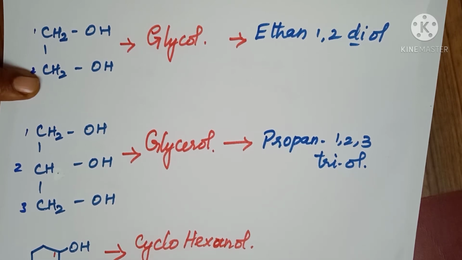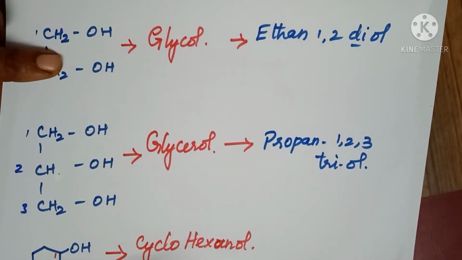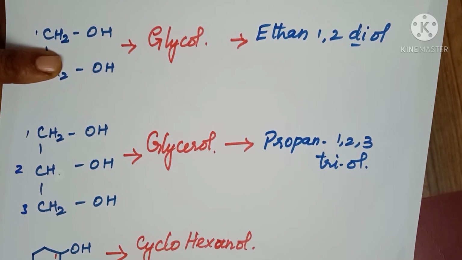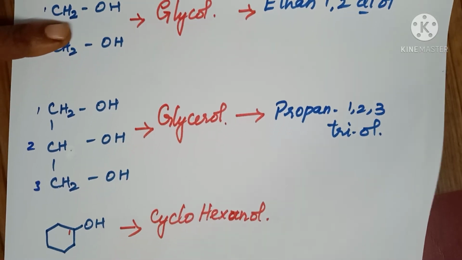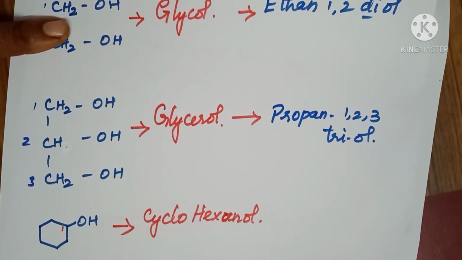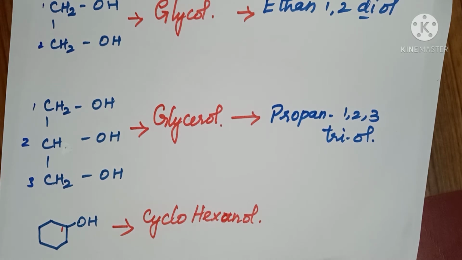Next, what is the name of this? Pentane, pentagon, no? Pentane, in that the OH group is attached over there and a methyl group is attached over there. So, how can you name it? See here, wherever the functional group is, that is 1. Then second here. In that second carbon the methyl group is attached. So that means how can you write it? 2-methyl pentanol. Pentane all. Okay, it's very simple to write this, 2-methyl pentanol. Okay, hope you are clear with that IUPAC name.